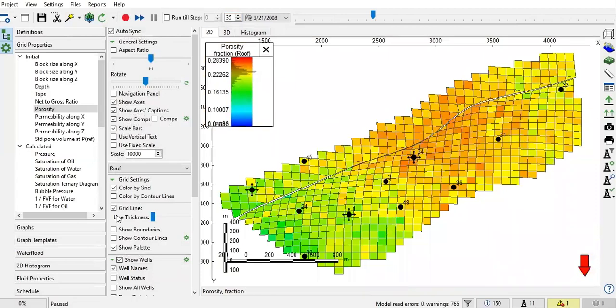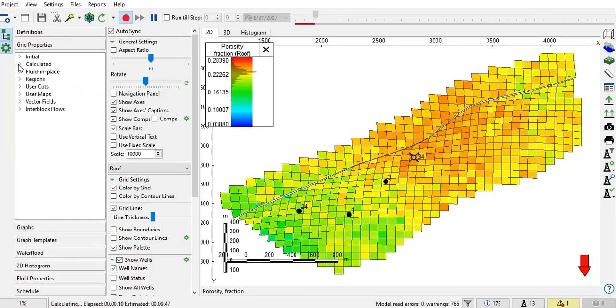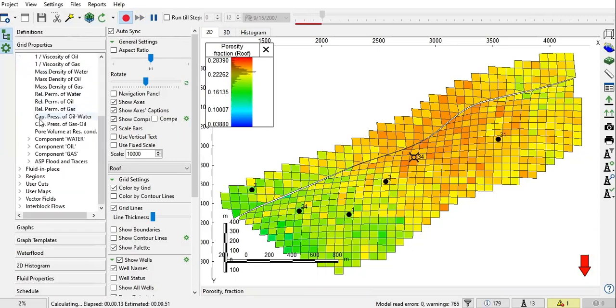Okay, and then I think pretty much that's all. And yeah, we can go to the original time step and let's run. Okay, and you see now under calculated we have ASP float and tracer, and now we have